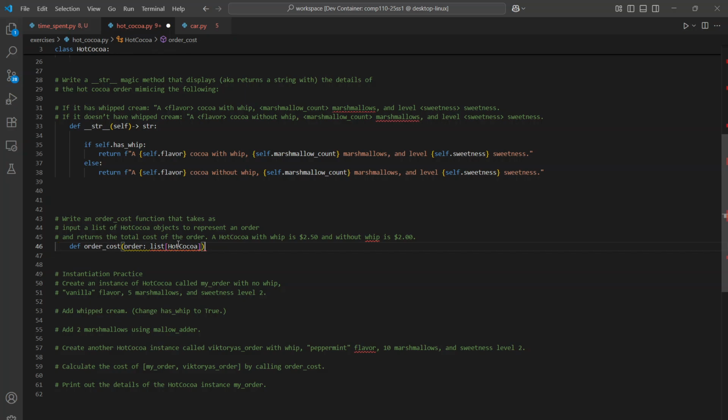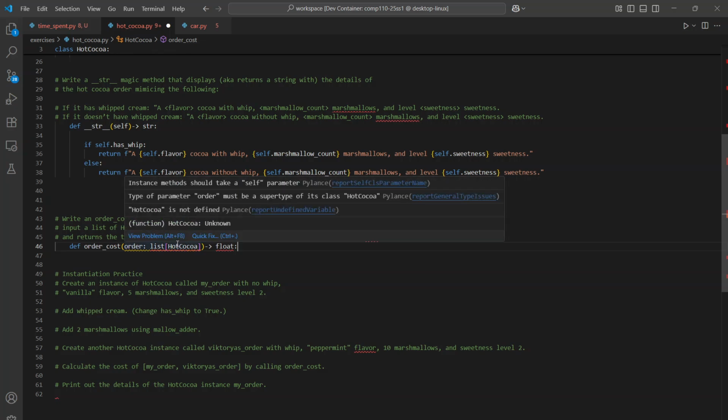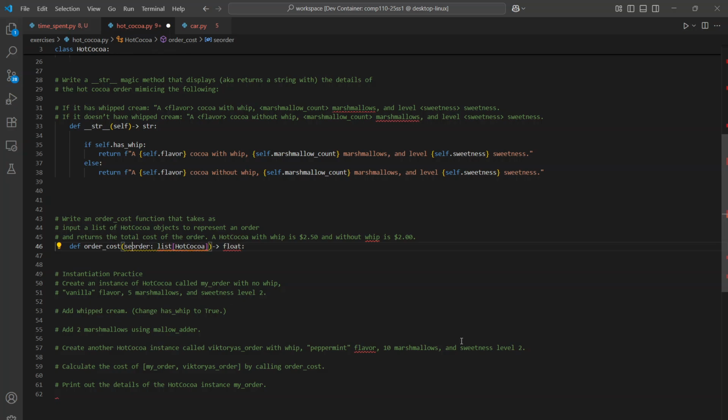Now, knee-jerk reaction would be, oh, cost, that's a number, so let's throw an integer in there. But if we read further, we can see that the cost is dependent on whether it has whip, and those look like floats to me. So that means we have to return a float. Why am I getting an error? Oh, gosh, dang it. Keep forgetting that. Sorry, y'all. Can't forget our self. Self always has to go into